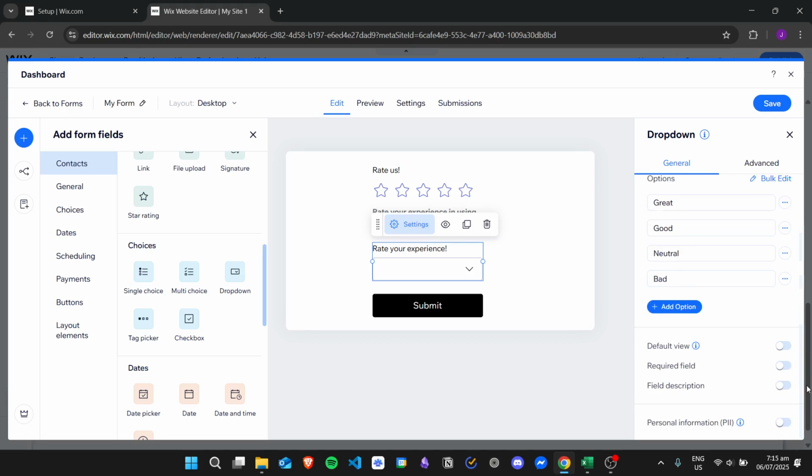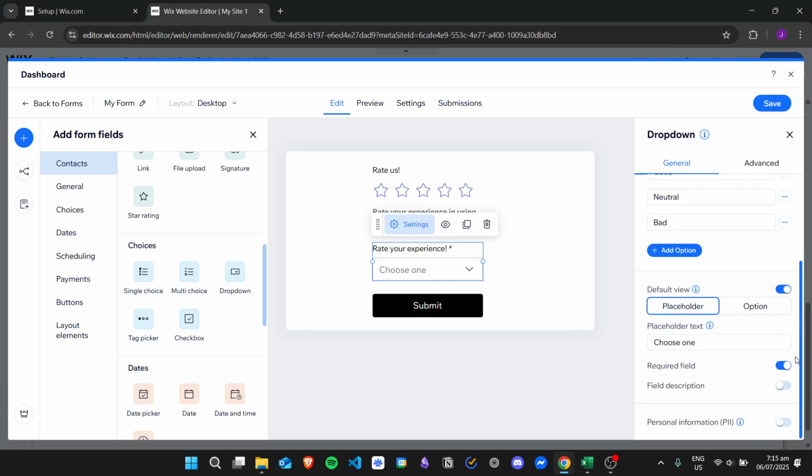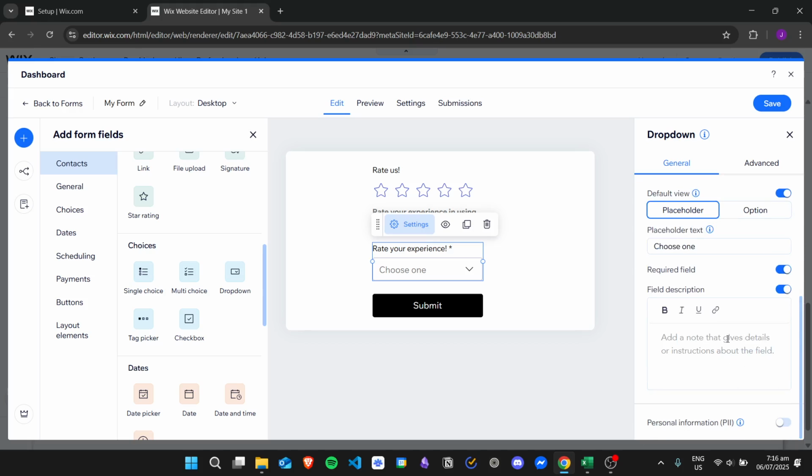And then from here, you can also make this a required field so that the users cannot click the submit button if they haven't chosen an option from the drop down menu. Then you can also choose a default view if you want to have a placeholder text, or for the default option. You can also add a description if you want to. For example,